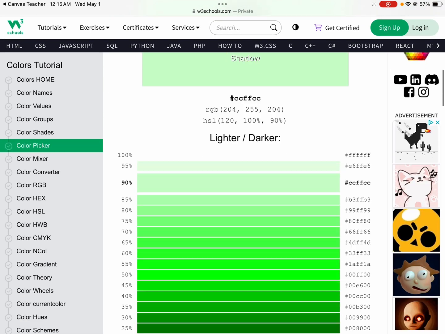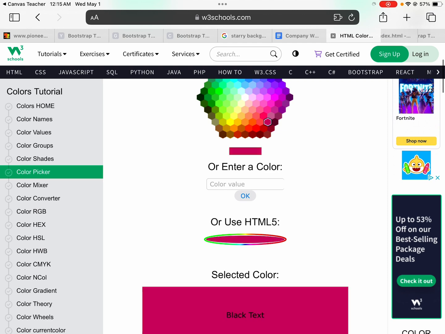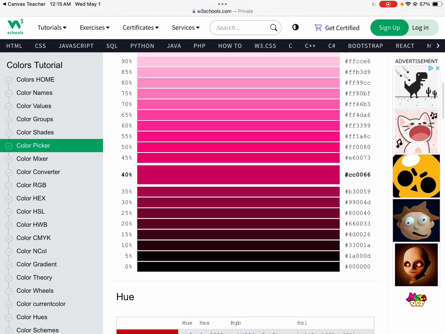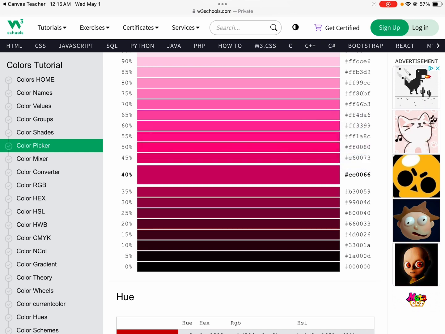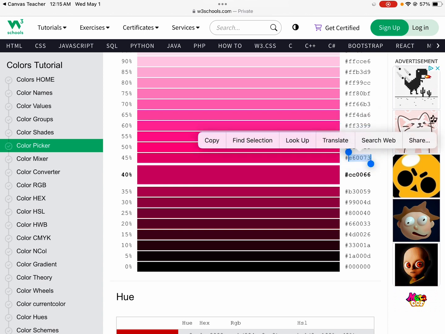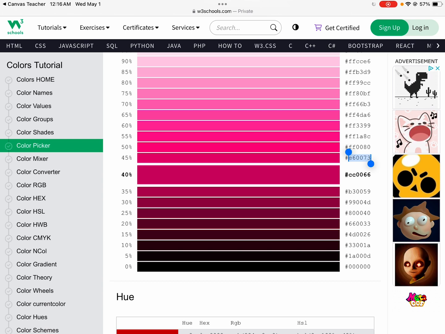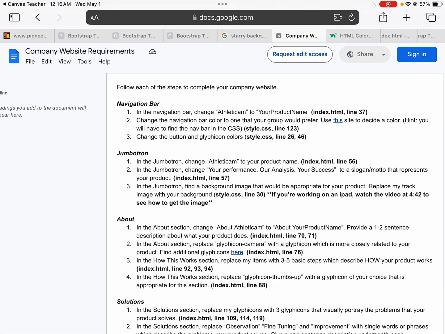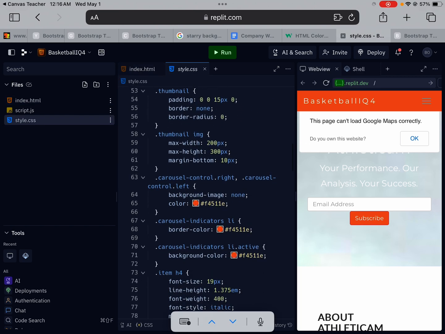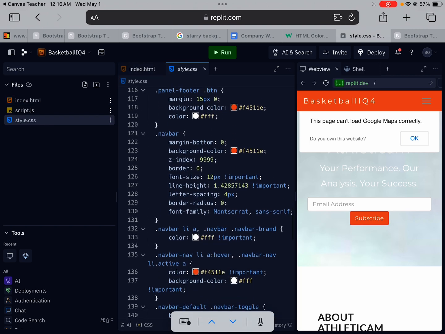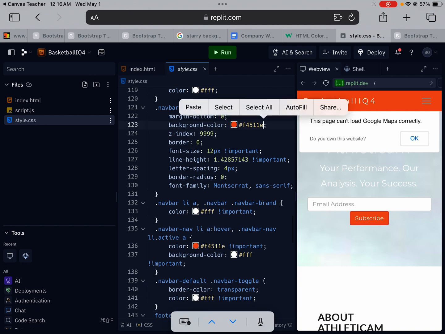Now, once you find a color that you like, over on the right side is the actual hexadecimal code for it. So you're going to want to copy that. If you can't get it easily with the hashtag, well, then just copy the hashtag in. So I took this one right here, and it said to go to style.css line 123. So I'm going to go to my style.css, find line 123,